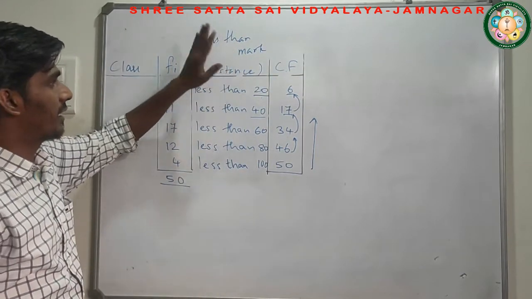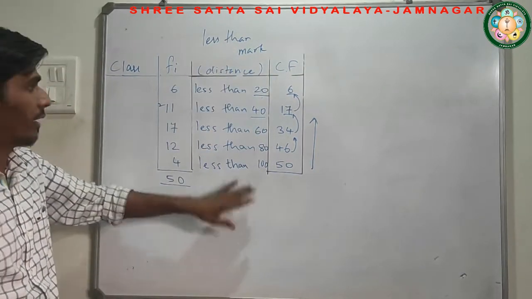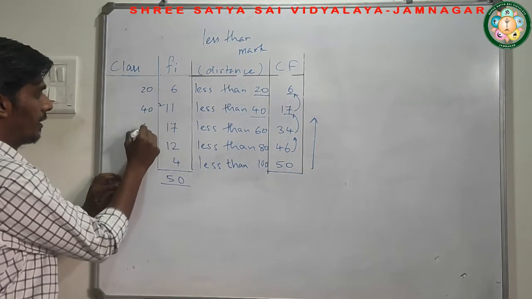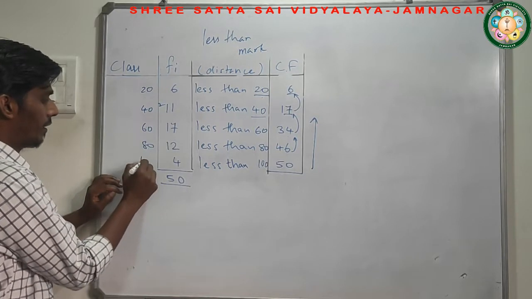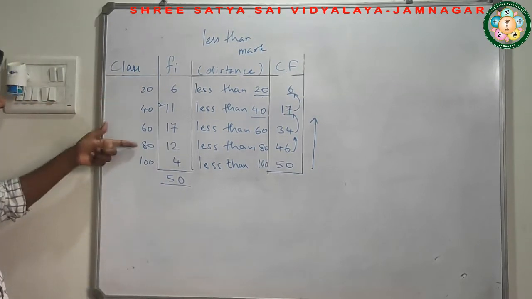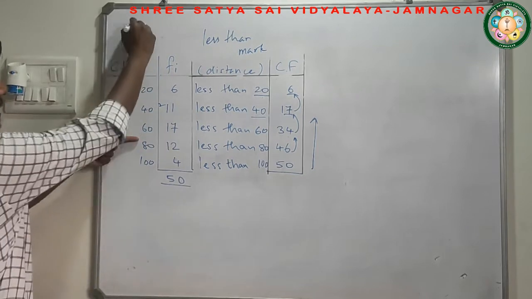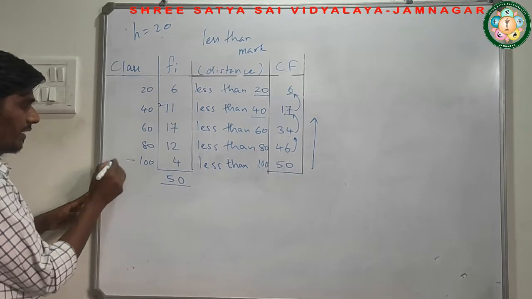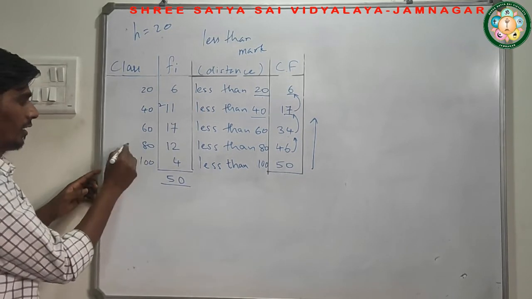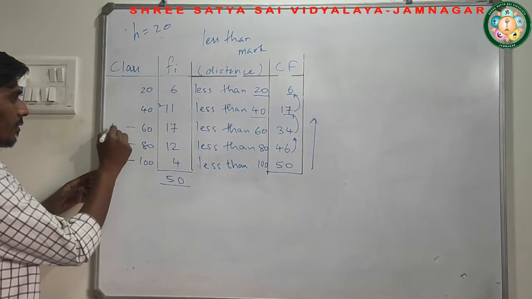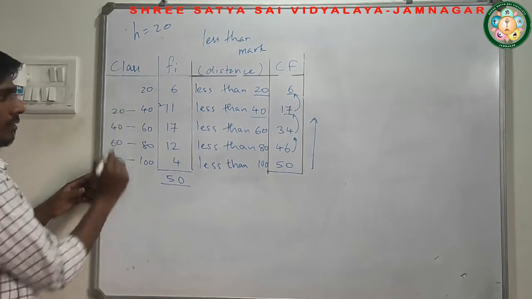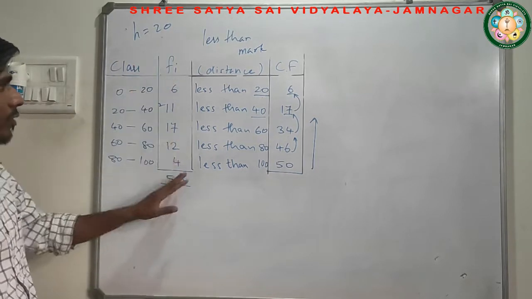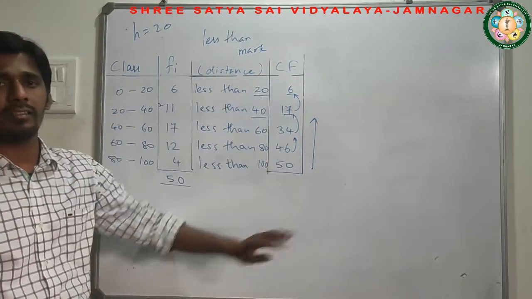If it is written less than, then you have to understand this is the upper limit. So in the upper limit place I am going to write 20, 40, 60, 80 and 100. Now what is the class height here? 20, 40. The class height is 20. Just here it's 100, then here it will be 20 less, 60. 20 less, 40. 20 less, 20. 20 less, 0. So this way I got the class and frequency from upper limit and CF.